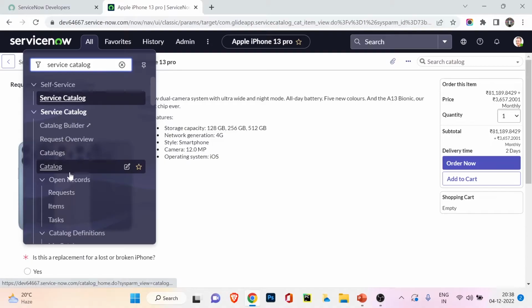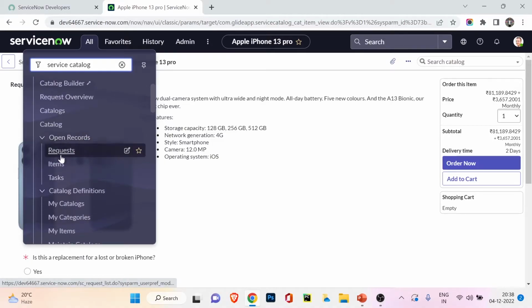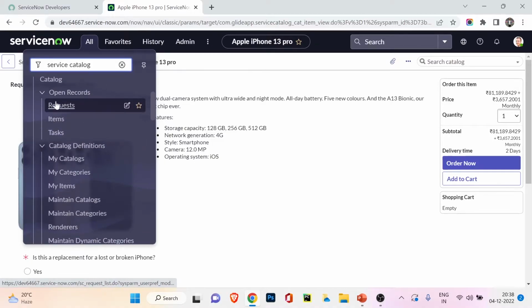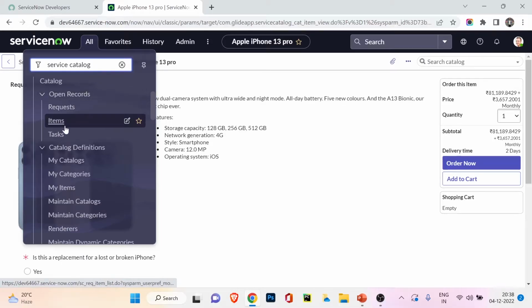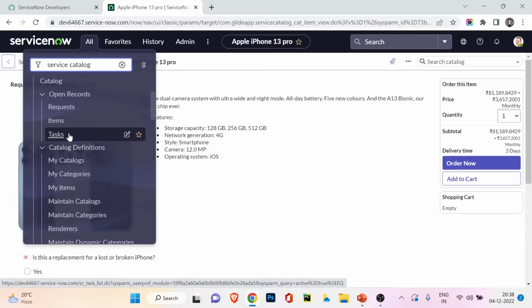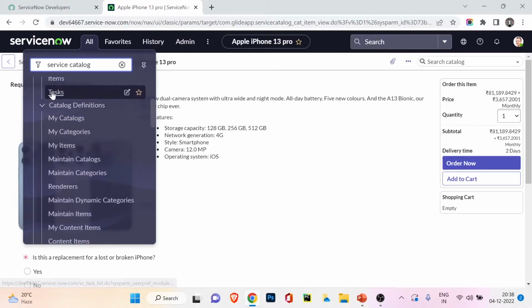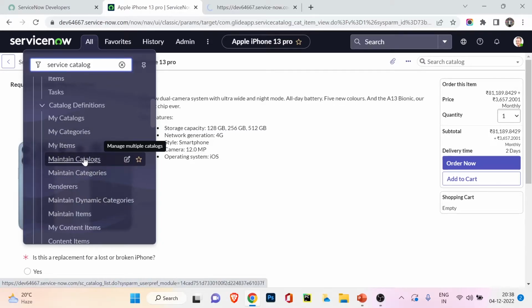Then we have the different catalogs. And then records: items, task, request, item, task. These are the three things we have discussed, right? REQ, RITM, and SC task, service catalog task. So we will again discuss it in the practical way. So stay with me. Under catalog definition, we have different things like the categories or catalogs that you have created and stuff like that. Now we will go to maintain catalogs, where we would be able to see the list of the catalogs,